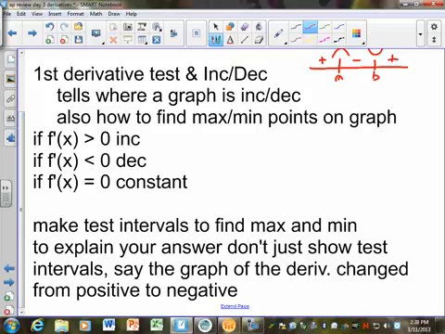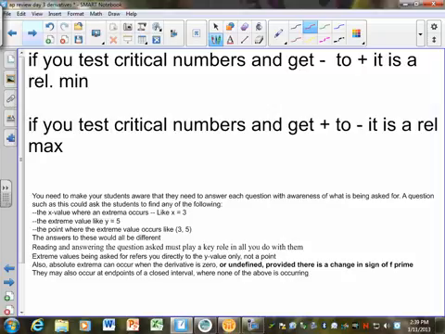But when you have to explain your answer or justify your answer, you cannot just use that as your work, right? We've talked about this before. You have to say that the graph of the derivative changed from positive to negative, or the function itself changed from increasing to decreasing at that specific value, or you're not going to get your point on that. And again, reminder, if you go to the next slide here, I just ran out of room. When you test that, if it changes from negative to positive,